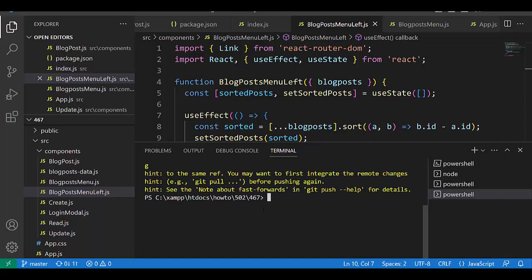It is 467. I open 467, but I want to see 470. Okay, I open project 470, because a lot of time I clone this 467, and